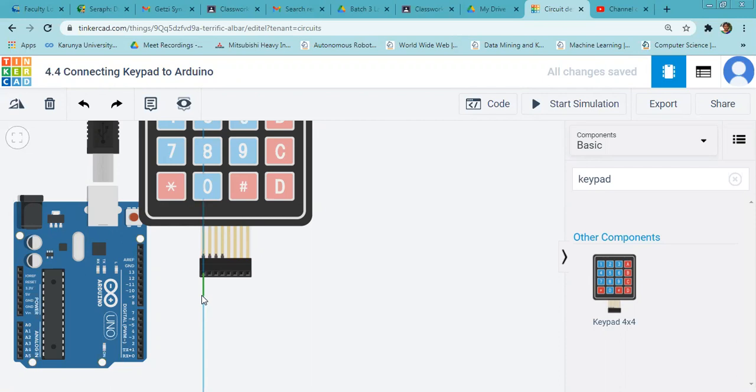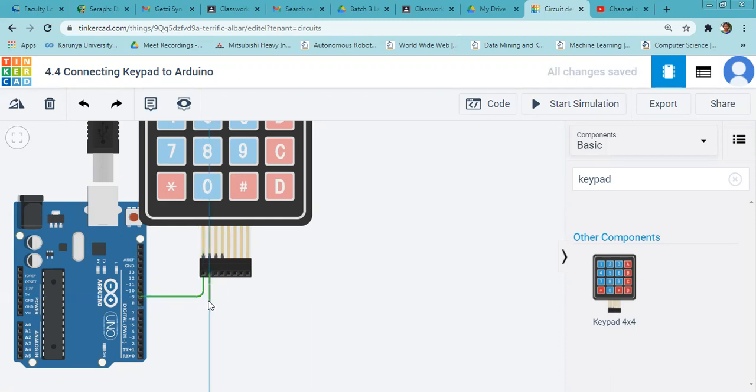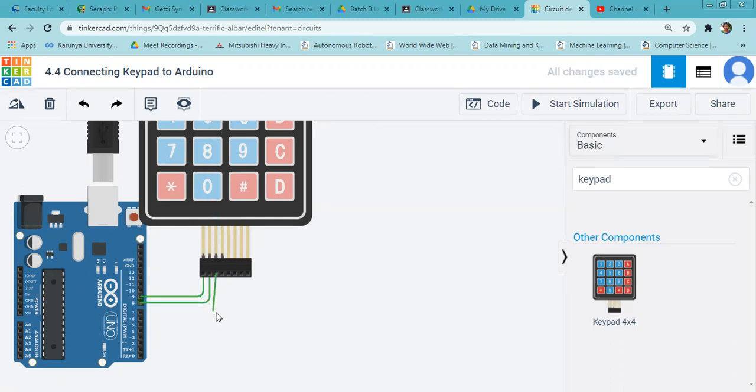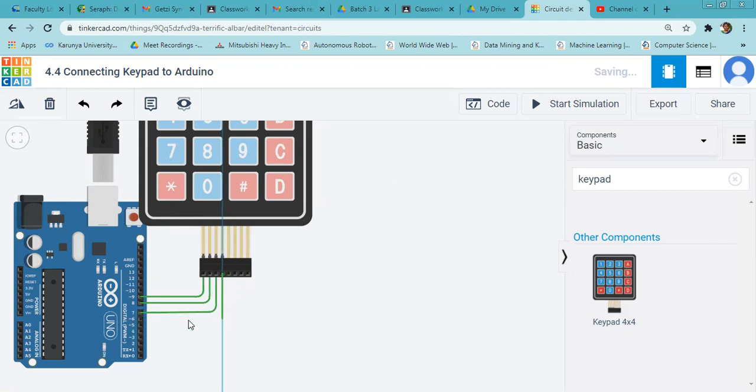Let's connect the first pin here to the 9th pin of the Arduino. Now we'll connect the column pin.